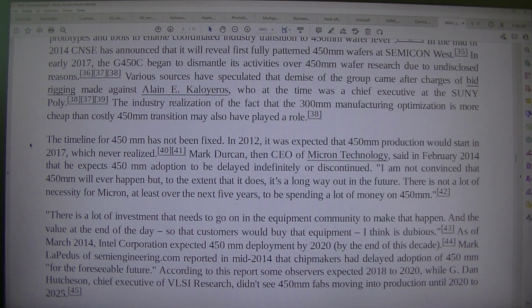The timeline for 450 mm has not been fixed. In 2012, it was expected that 450 mm production would start in 2017, which never materialized. Mark Durkan, then CEO of